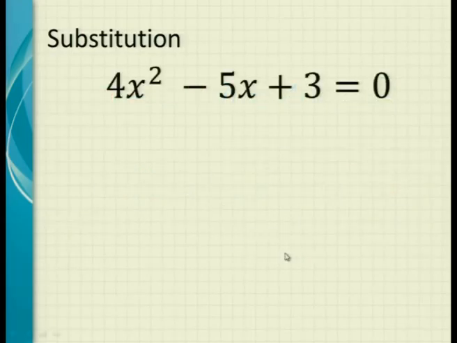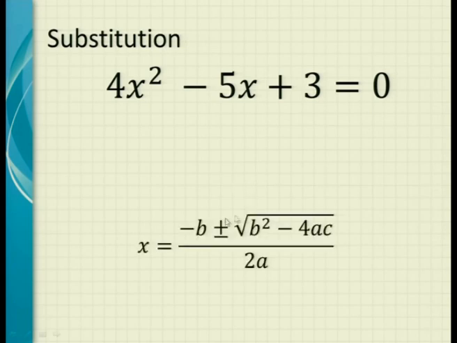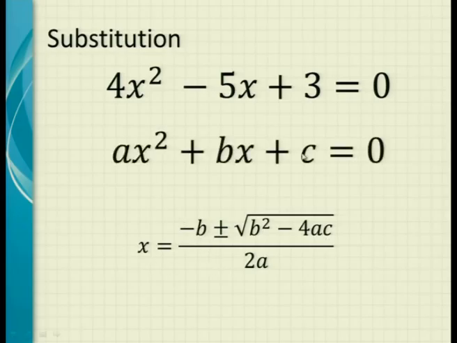This is what you normally get. They don't give you the values of A, B, and C for that formula. They give you a quadratic equation. So it's important that you recognize where the A, B, and C values are. You would also remember this is what the standard formula looks like: AX squared plus BX plus C equals 0. If it looks like this, what we need to do is find the A, the B, and the C value. First of all, the equation you are going to work with must look exactly like this one.